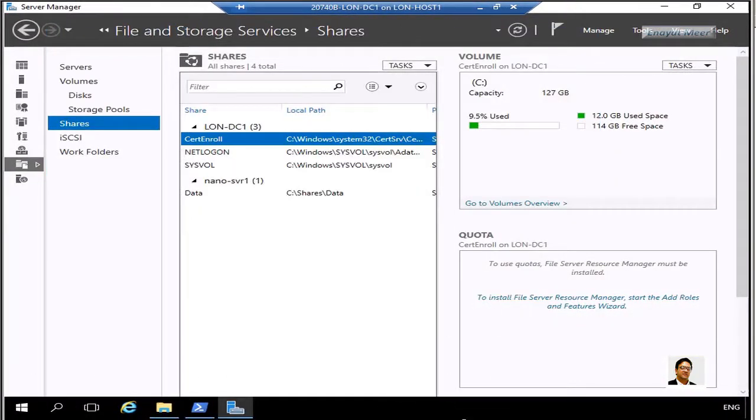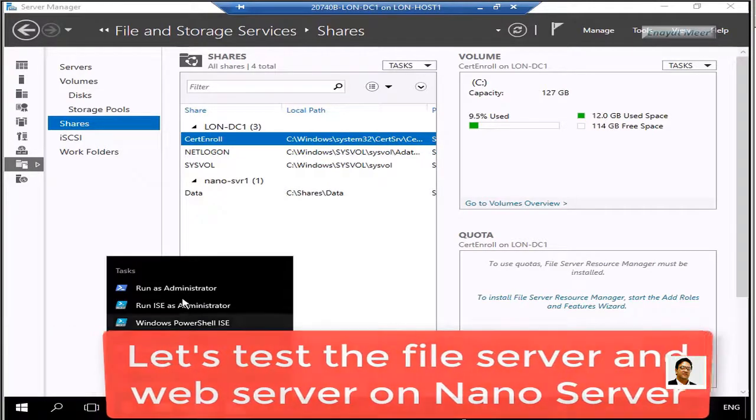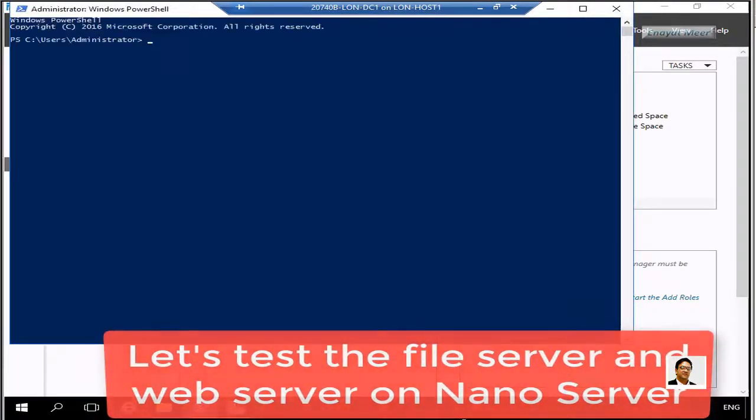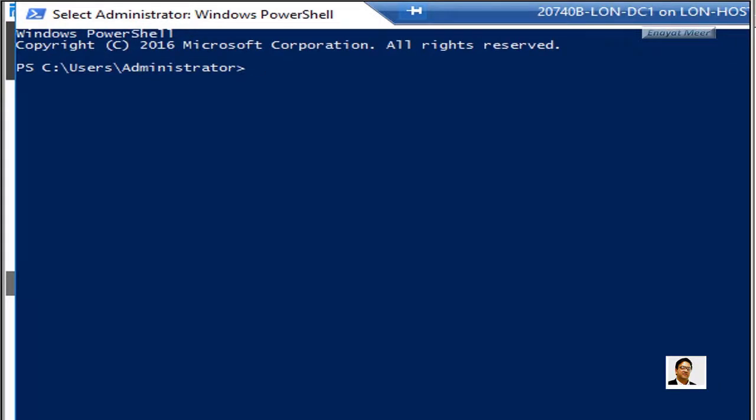So now we are going to test a file server and the web server on Nano Server. That is the next topic. So we are almost done with the lab. A few more commands to go through. So we are on DC1 under PowerShell,